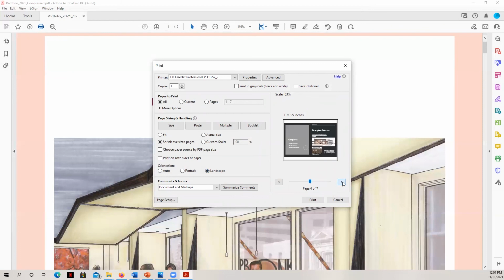So this will print it out on 8.5 by 11 paper, which is what my printer has. And it will still give that effect of the spread. However, of course, if I wanted to print this out at a place that had an 11 by 17 printer, I would be able to do that. And it would have larger image rendering, of course.